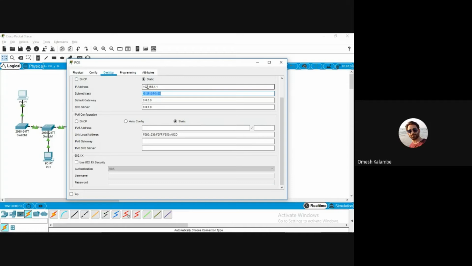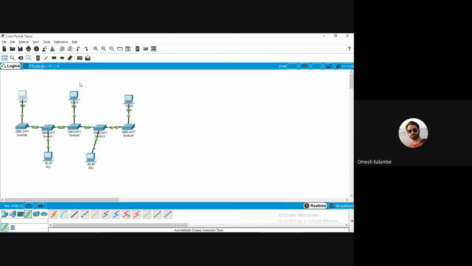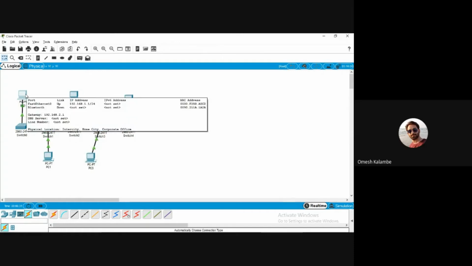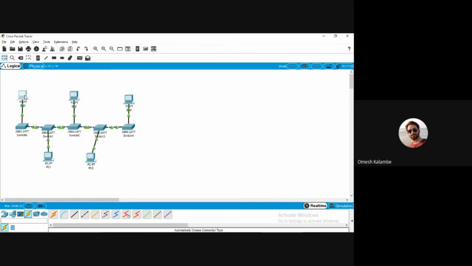Just click on tab and we get the subnet mask 255.255.255.0. Next is the default gateway. The default gateway is 192.168.2.1 and click on close. That assigns the IP address to system 0.